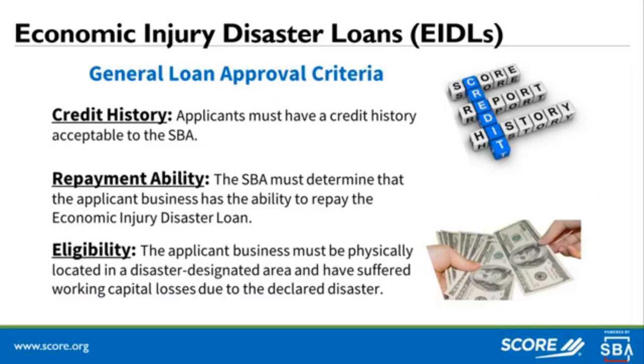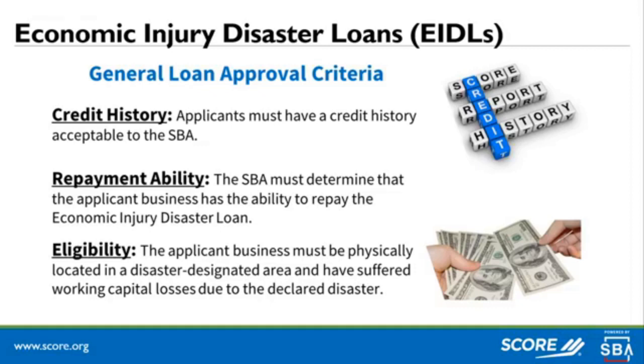The general loan approval criteria, how they make their decisions, is, one, your applicant's credit history. So if you have a pretty good credit history, your credit score, I would say, is above 650 to 700, in that range or above, then that probably isn't going to be any kind of problem. And SBA has some flexibility, so don't get too worried as long as you have a reasonable credit score and history.